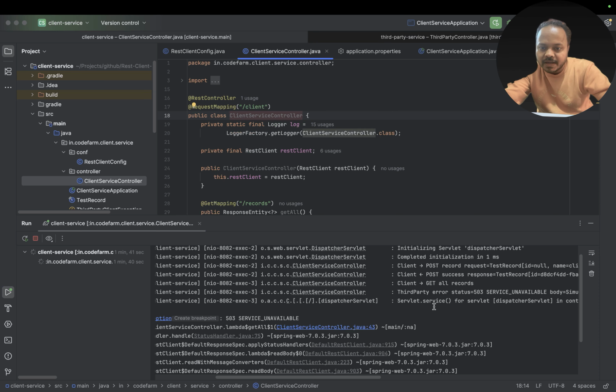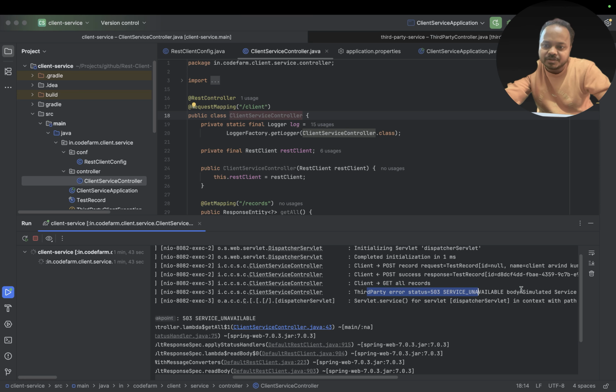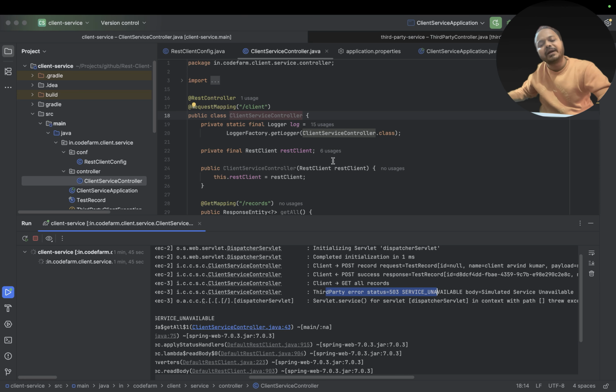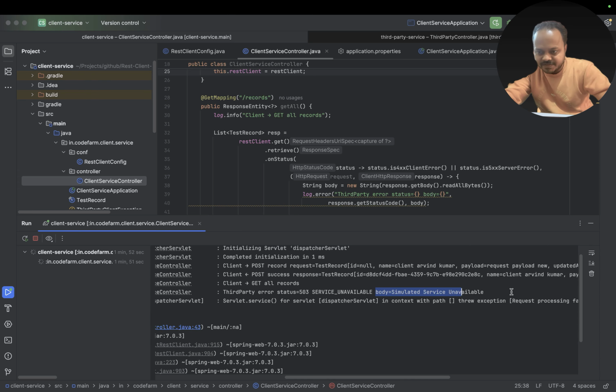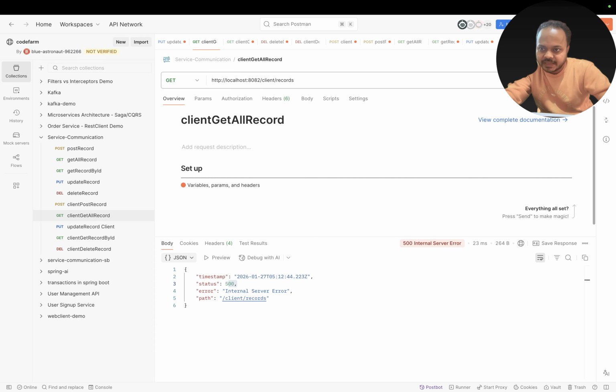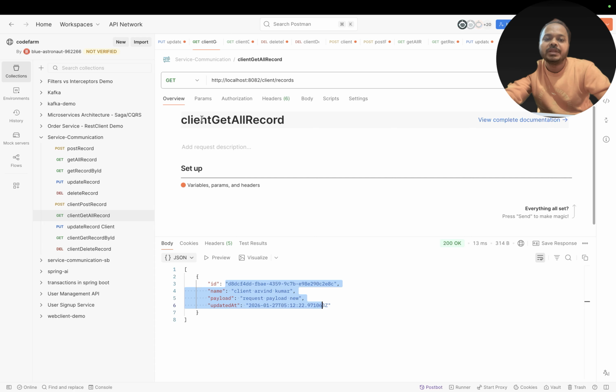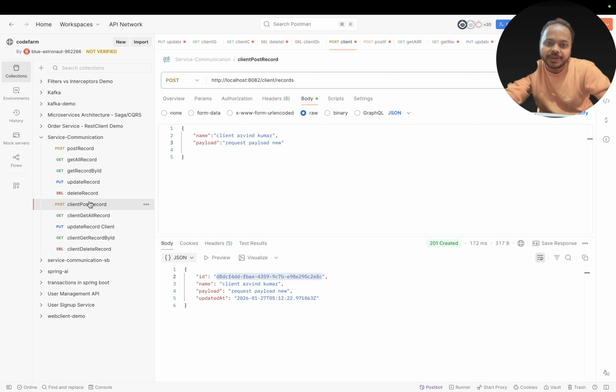Client service controller and third party error 503, and whatever your third party error gave, we are able to see in here as part of the logging. Simulated service unavailable. So this is one of those scenarios. Hit this again, and we are getting the result now. So only one record is there for client get all records, so that is how we are able to see that one. If you want to create one more record, so let's say just a name,